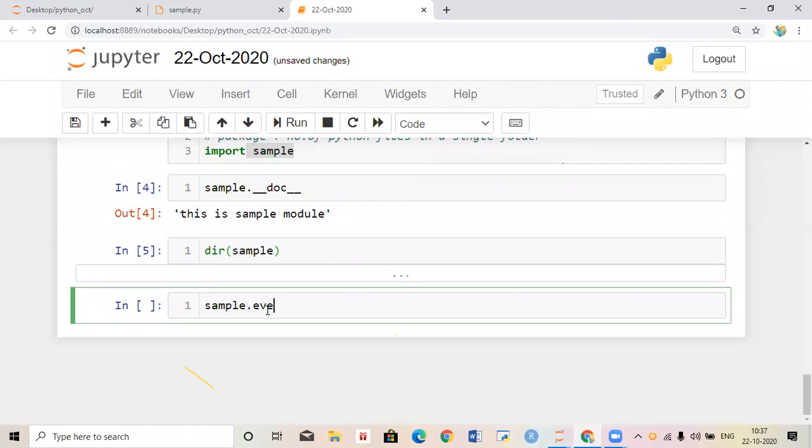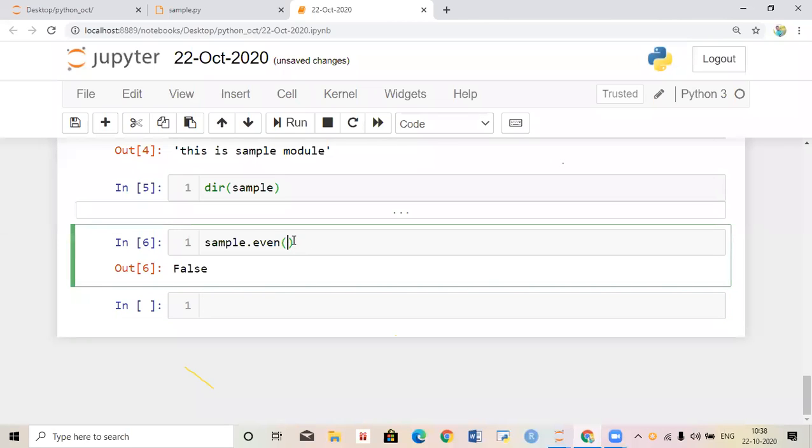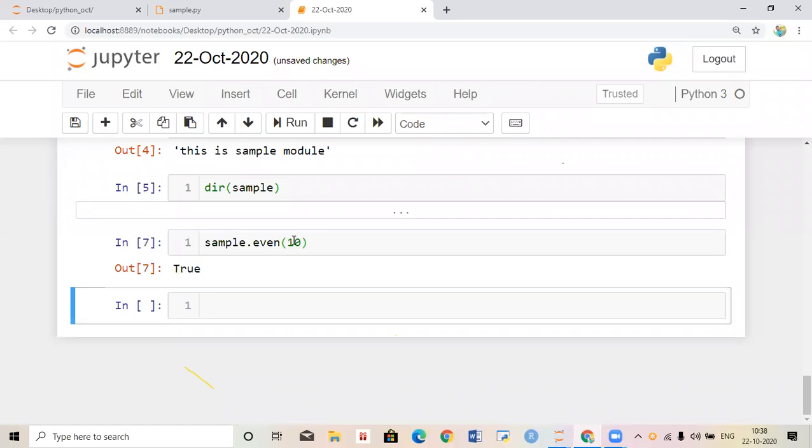Sample dot even of takes only one number, that is 9. Is 9 an even number or not? It is not an even number, that's why it returned false. If you give 10, it will return true.